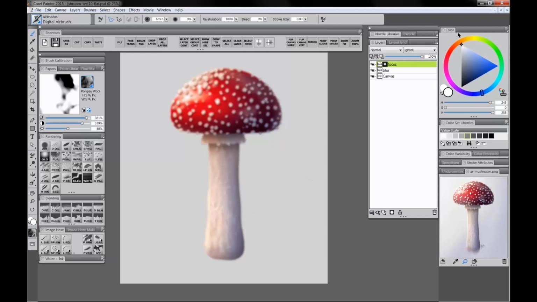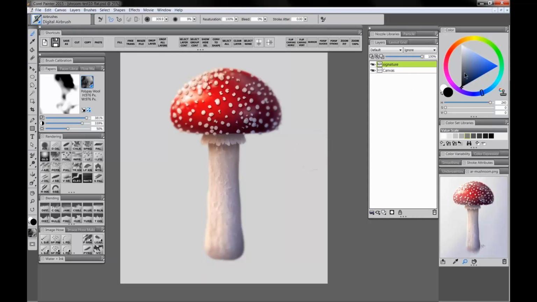Now if we switch to white and we paint, white has the opposite effect. White brings back the focus or reveals that part of that focus layer. So right here in the middle with the airbrush, we're going to bring back the focus a little bit, like so. If you bring back too much focus and you want to remove focus, go back to black and just paint with black. We'll go ahead and drop all layers again, and we'll create a new layer for